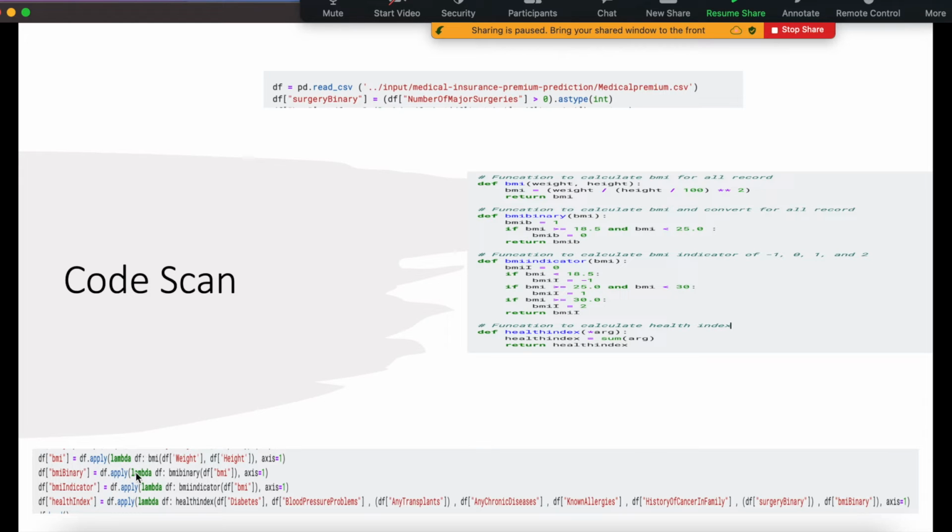And then how am I applying that to the data set? This is a simple program, a simple function, right? How am I calling this function on the data set? The data set is a big thing, right? It's 1,000 records or 2,000 records or 1 lakh records. So Pandas has a feature like lambda. I can call my simple mathematical function using lambda and apply it to all the rows and all the columns, and then I'm creating a new column.